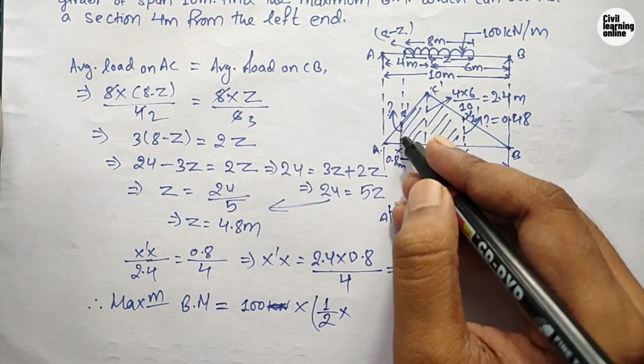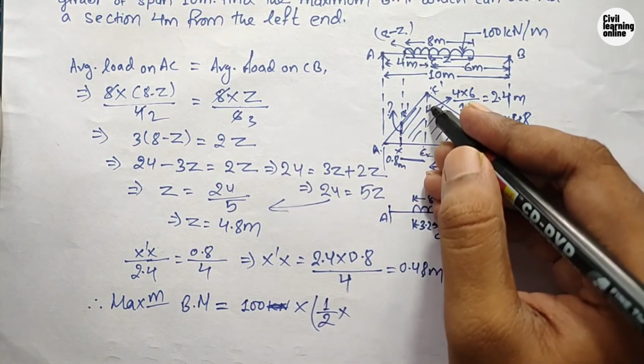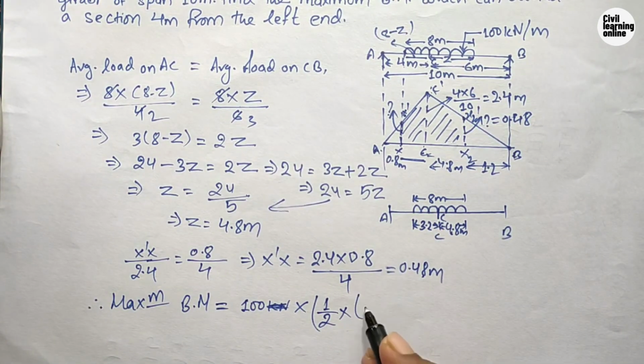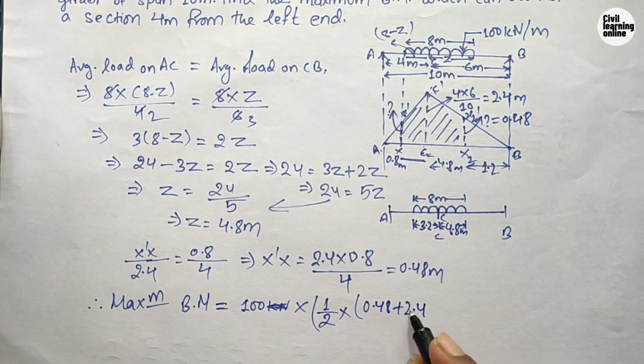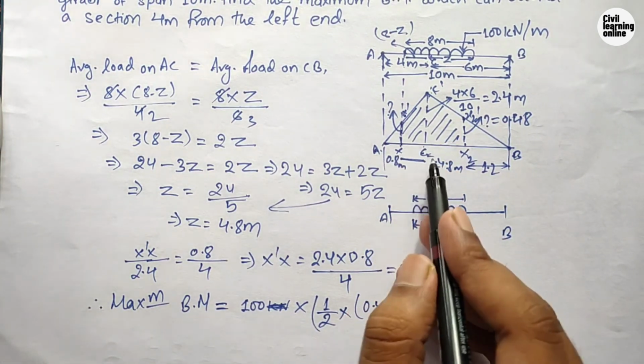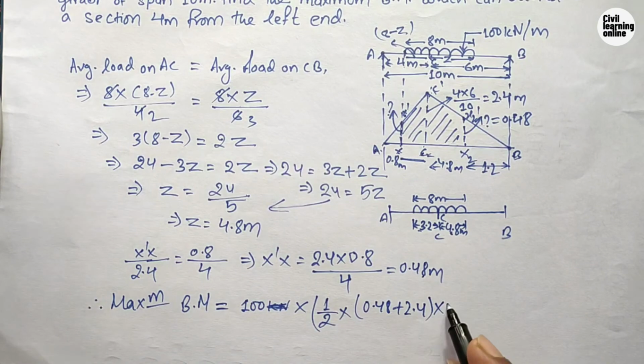The length of this side is 0.48 meter and the length of this side is 2.4 meter, which are both parallel. So the sum of the parallel sides means 0.48 plus 2.4, multiplied with the distance between these two. The span of Cx is 3.2 meter